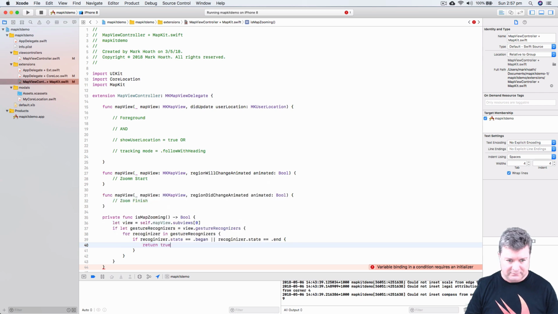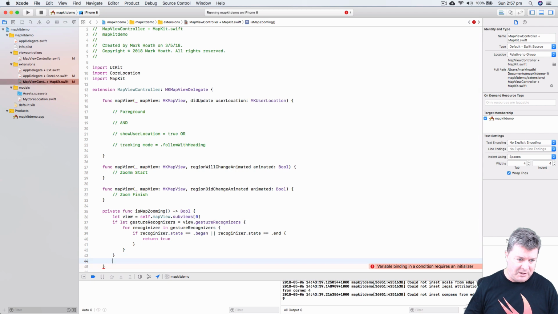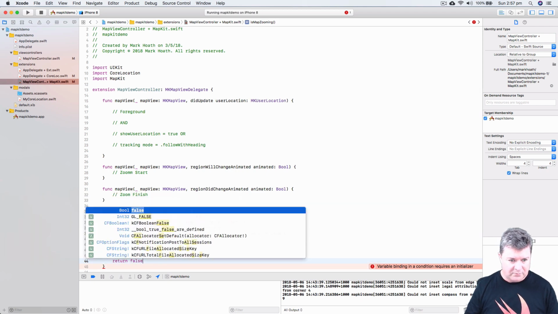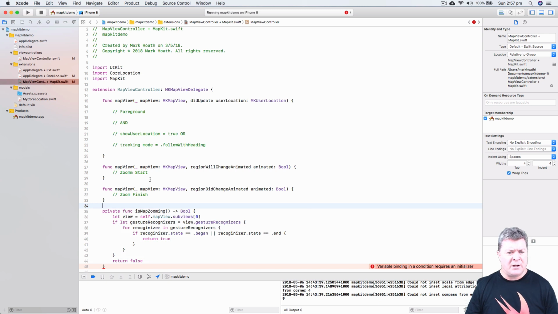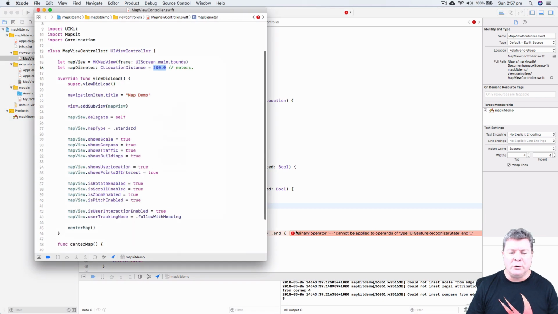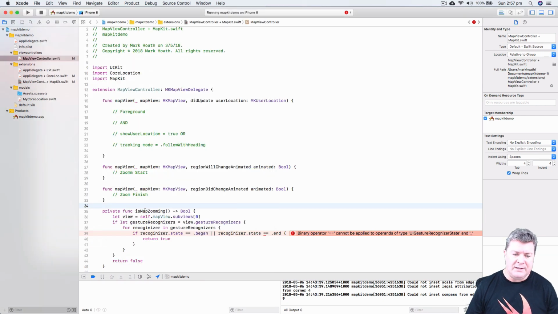That means that we are in the process, it's all happening, and otherwise if we can't find anything like that, we're just going to return false. So now what we do want is we could just keep calling this isMapZooming